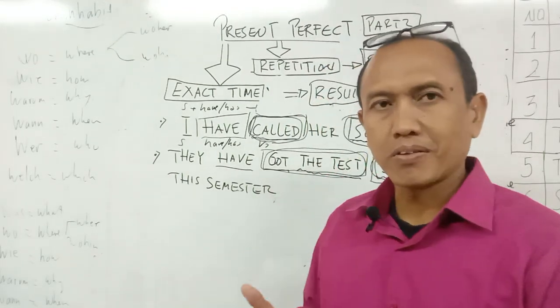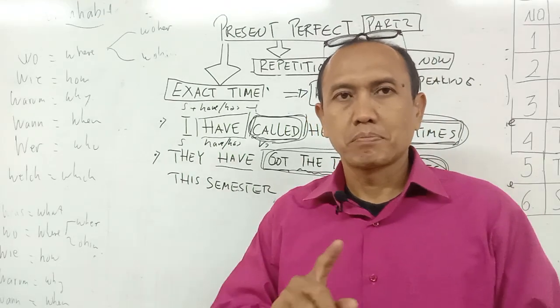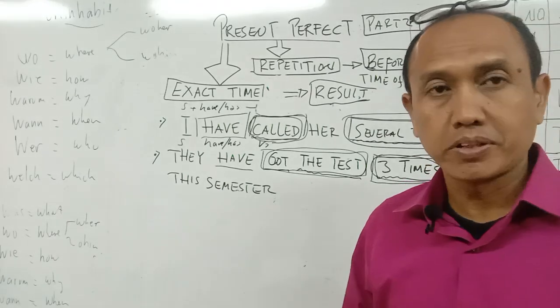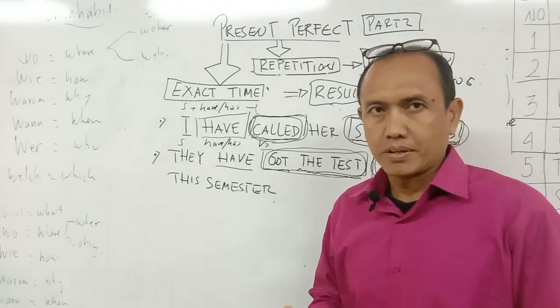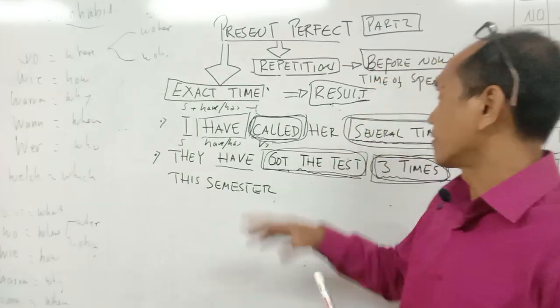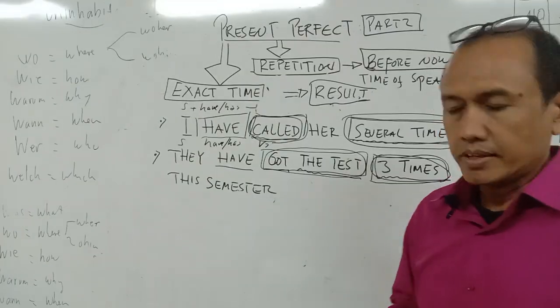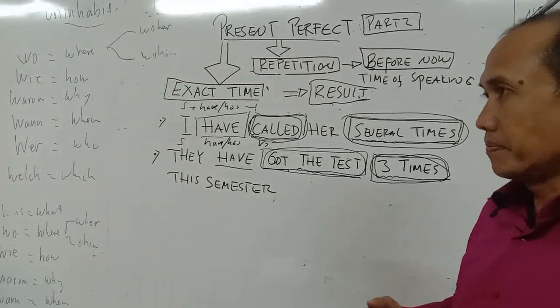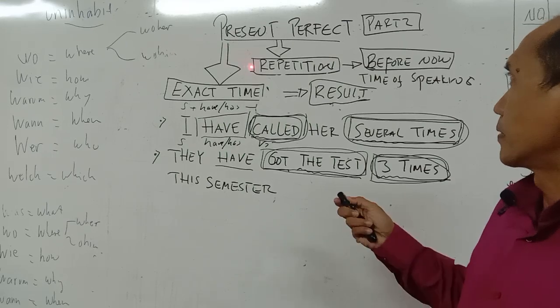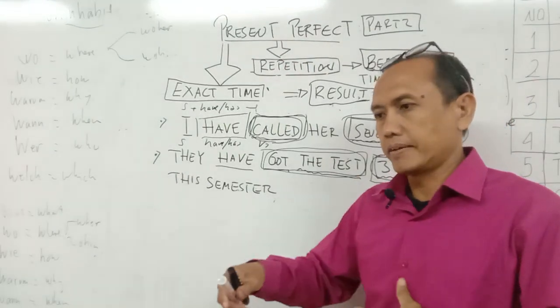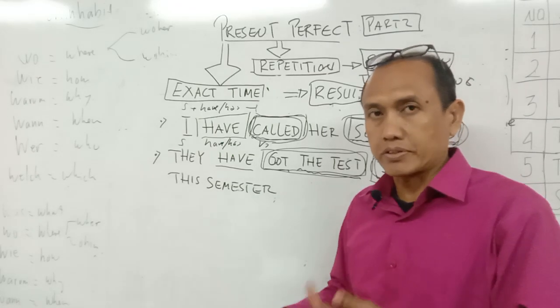Now, let's talk about the present perfect part 2. Part 2 is to talk about the repetition of an action. Present perfect can be used to show an action of repetition. Here, we can see that part 2, repetition. When you want to show an action and it is the repetition of an action, you can use the